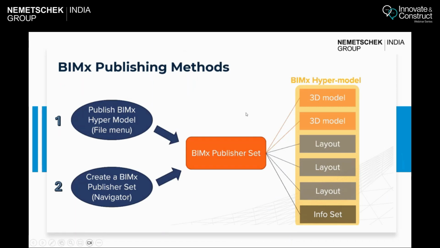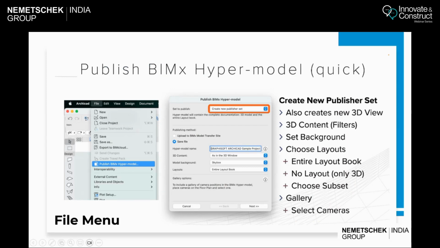So on publishing the BIMx hyper model, there are two methods, and one is the simple method from the file menu, and the other one is from the navigator. So both the menus actually let you go to the publisher set, where you can include your 3D models, layouts, and the information set that you want to export. So from the file menu, it's the easier and quicker option where you can quickly select publish BIMx hypermodel from the file,